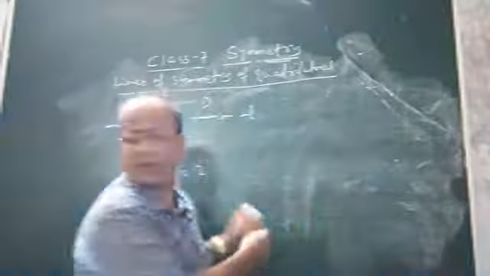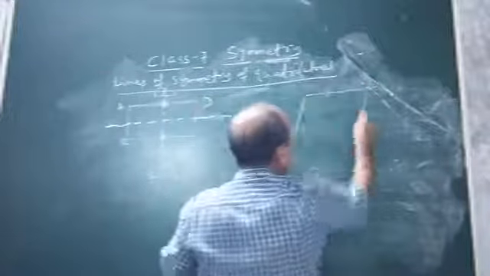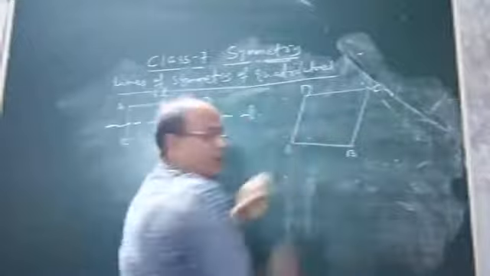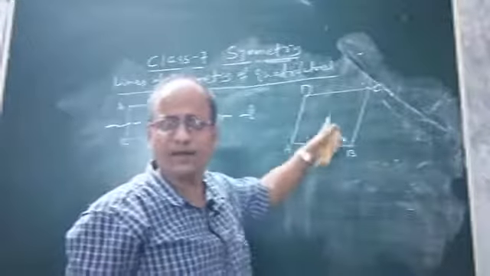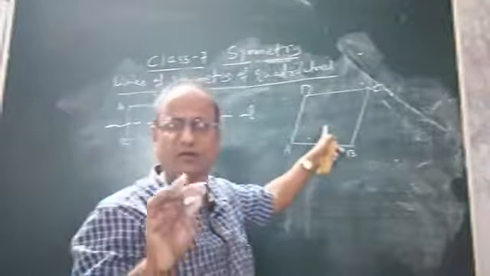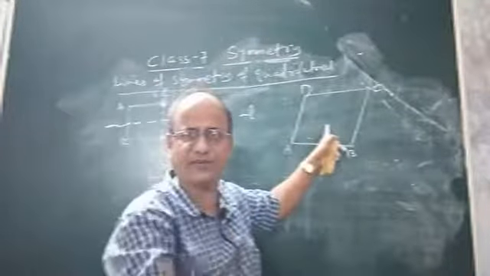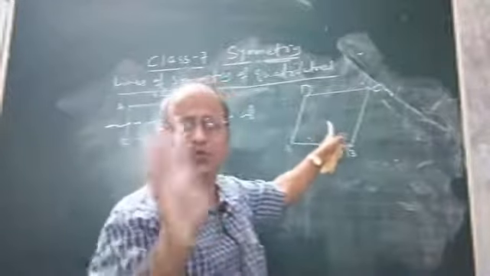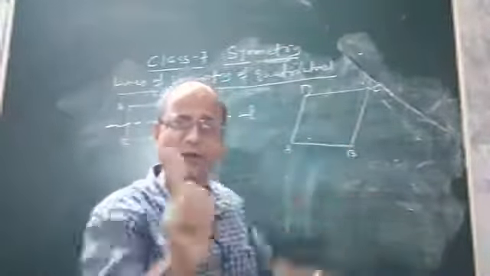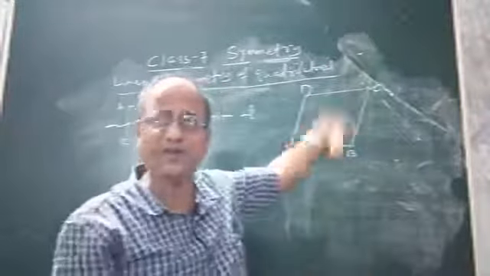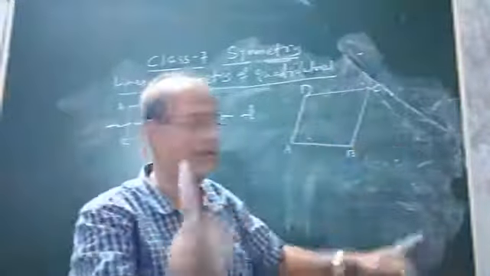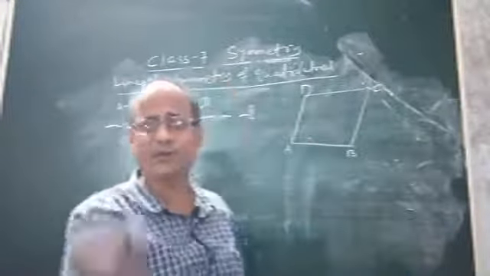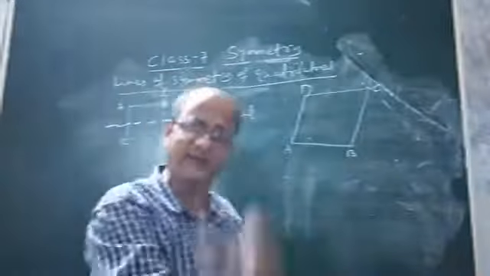See, I am drawing the figure of a rhombus. Suppose this may be a rhombus, ABCD. Under what condition will we say that it is a rhombus? It is not the right time to define it fully, so I am giving a small definition. You can simply say that a rhombus is a quadrilateral whose four sides are equal, like a square. But how is it different from a square? In a square each angle is 90 degrees. But children, please keep it in mind: in a rhombus no angle is 90 degrees, but in a square each angle is 90 degrees.